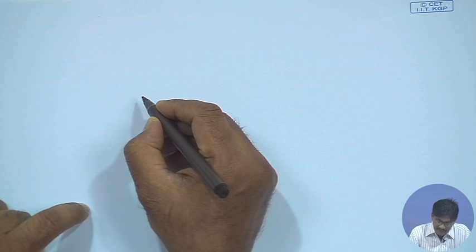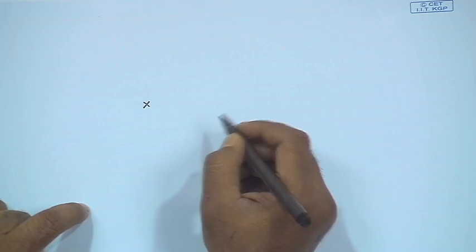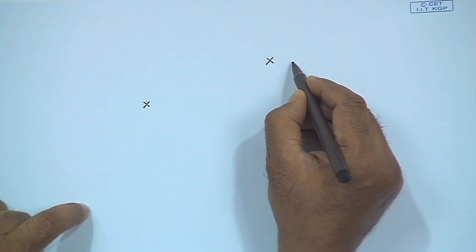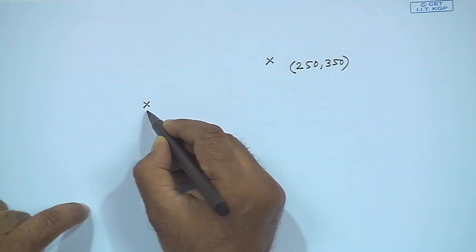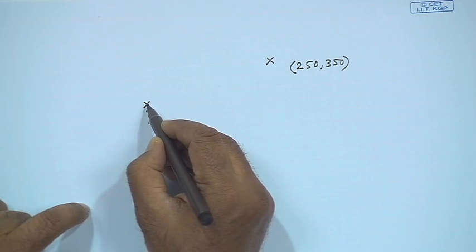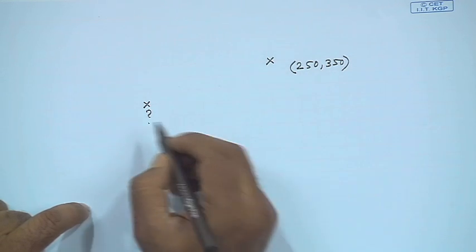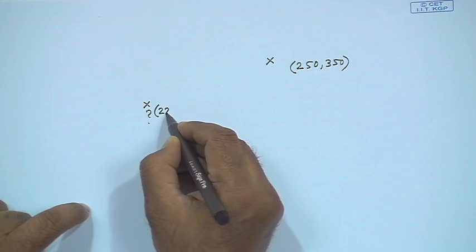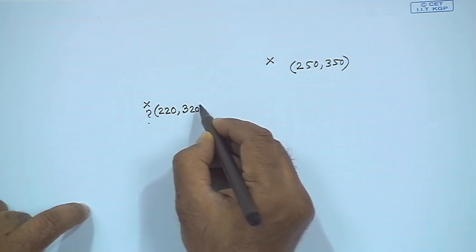Let us see. This one is the first point, say the initial point, and this is the final point. So, this point must be equal to 250, 350. You might ask, what about this point? I do not know its coordinates. Well, this is the last point at which it was residing when this command is executed. Let us say this point is the previous G01 coordinates 220, 320, just for the sake of having definite concrete values, that is fine.